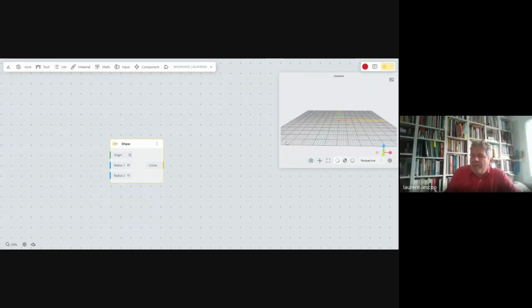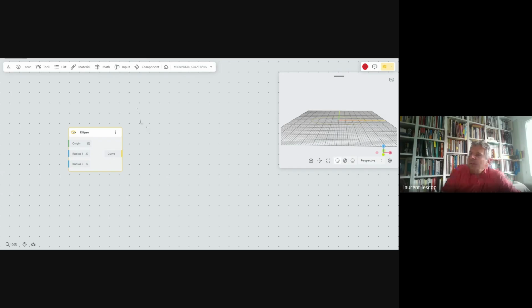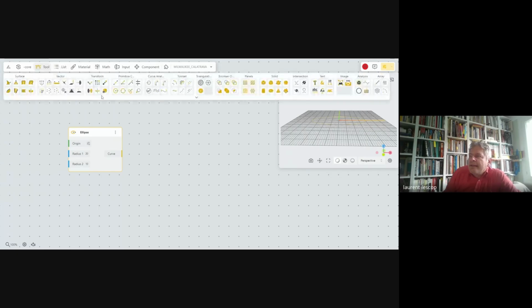Now from that, I've got to create a line from one tip of the ellipse going straight up. I have many possibilities to do it. I can use a 2 points line, or an SDL line. I will take 2 points.